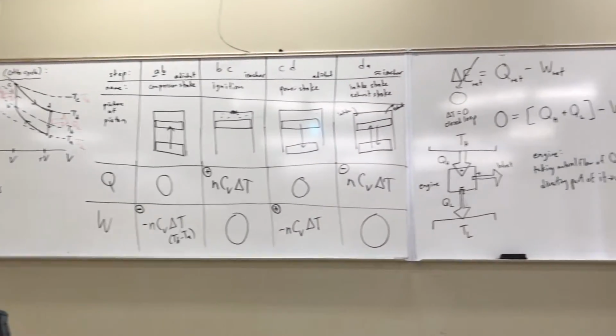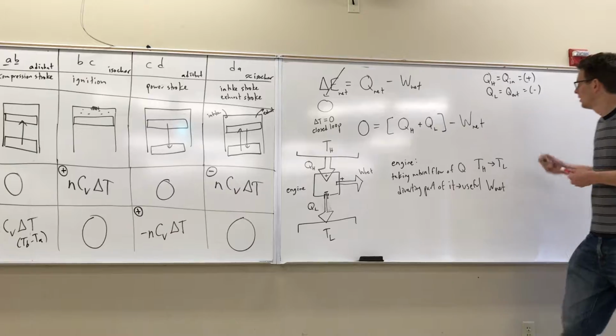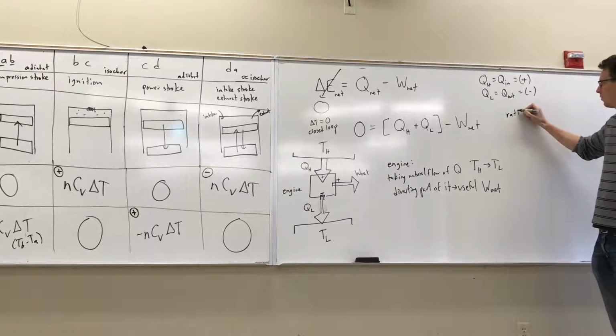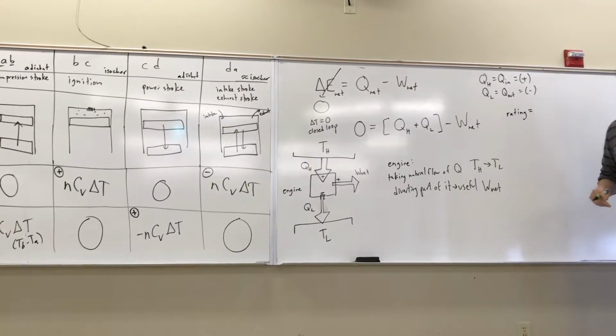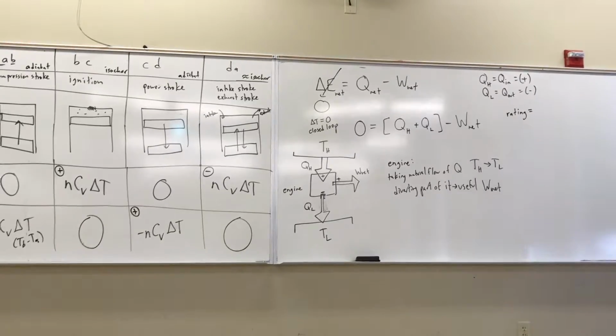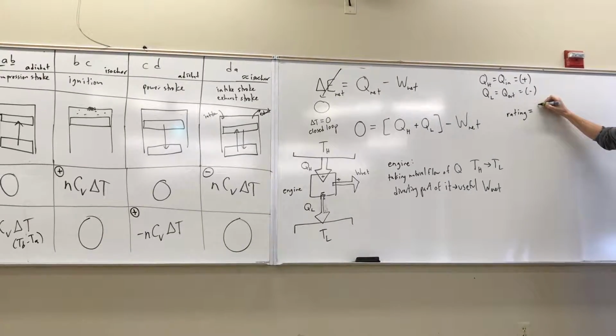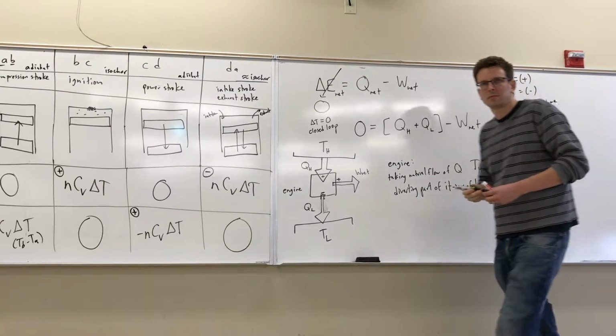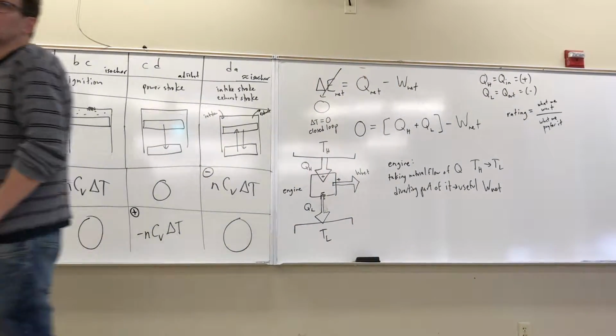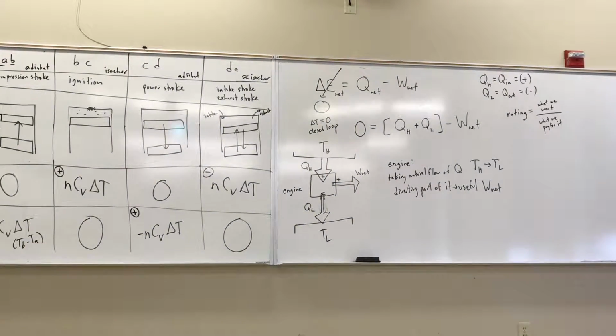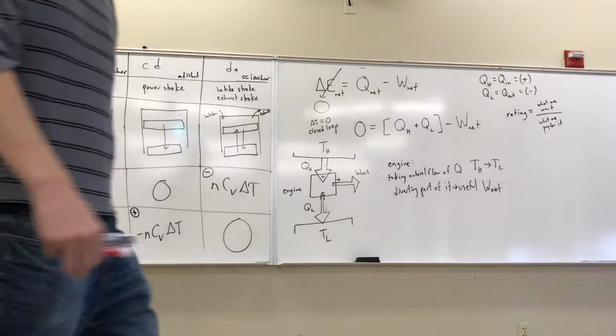Okay? So this gives us a window as to how we might actually evaluate the performance of an engine or really any kind of thermodynamic device. So here's my suggestion. For a rating of how we might judge the performance of it, we'll take what we want to happen divided by what we pay for it. That might be a way that you would rate anything in life, okay? So how good is this? What do you want? Great pizza,